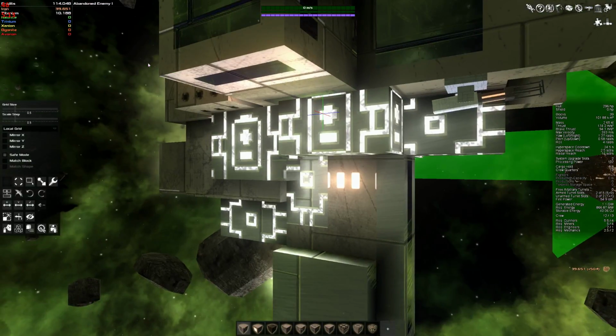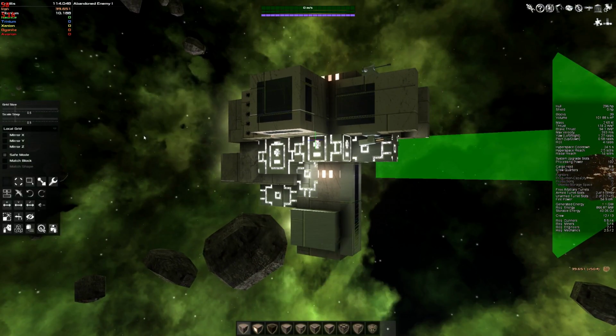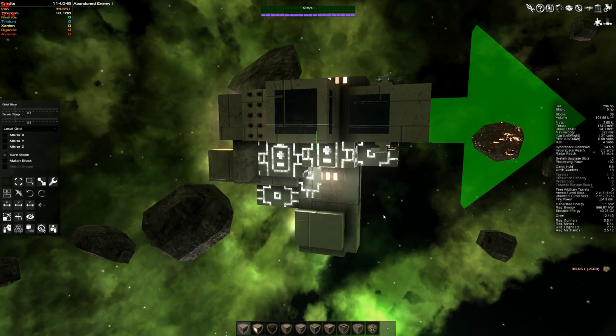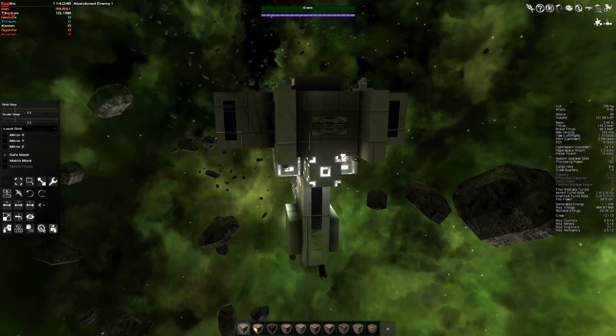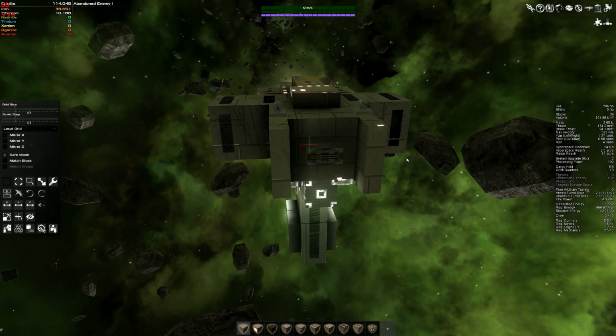Now let's go into our build mode, shall we? Let's zoom out a little bit. As we can see by the rather giant green arrow, we do have a direction to build. So, what do I want to build? Well, I want to build...